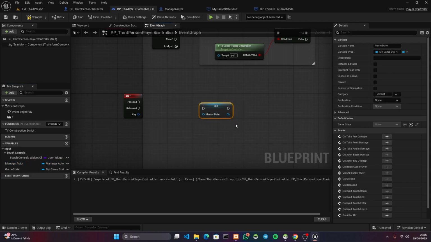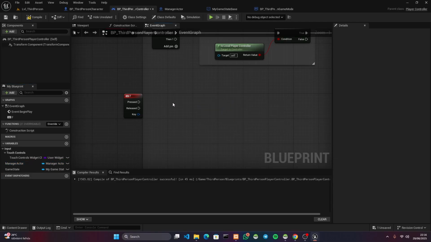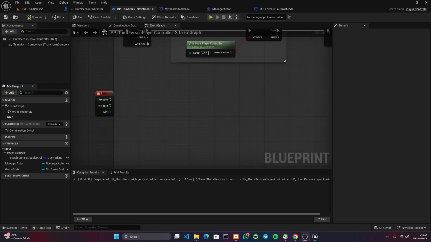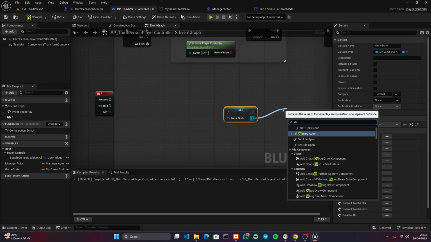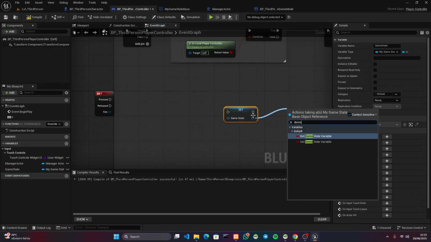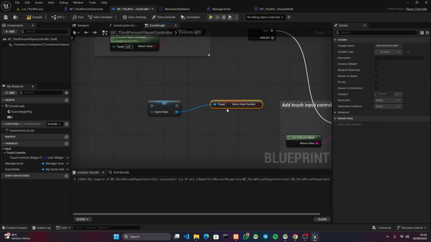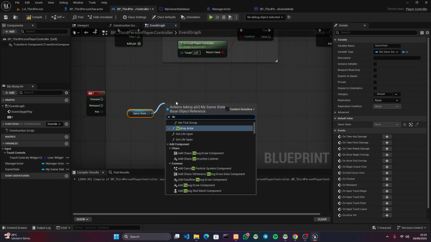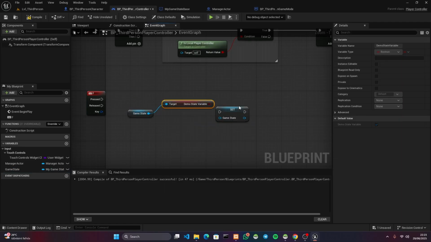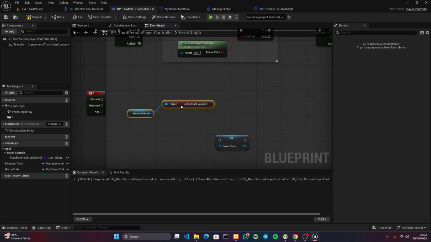And that's what we're gonna do with the game state. But how we're going to do it is very simple. All right, so what we're going to do is we have this my game state base, which is my custom game state. And I do need to access variables from it, but unless I connect something to it, I cannot get out the variable, right? Because if I would just do it like this, and I would try to do the demo variable, it would not be possible, because